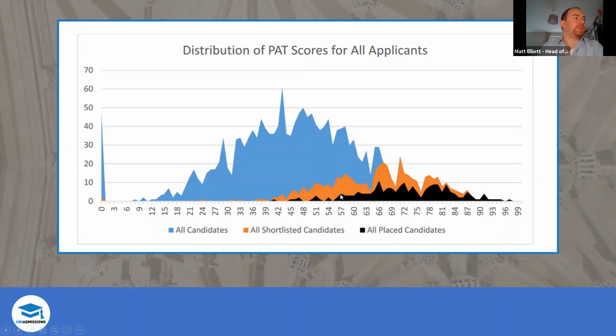And they continue at a roughly stable level relative to the number of interviews before really thickening up as you go along here. And you can see right down here at the end, students who are scoring above, I think, 88 in the test, all of them are getting in. And your chance of getting in is around 50%, perhaps even higher, even in the 70s and 80s. So that gives you a sense of just how strong that relationship between doing well on the test and getting in is.